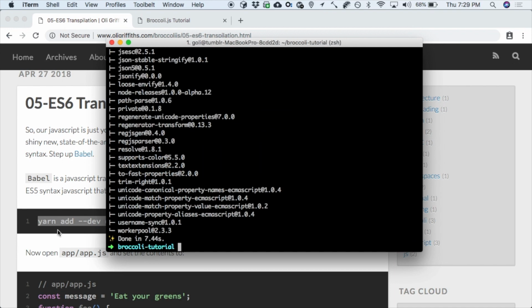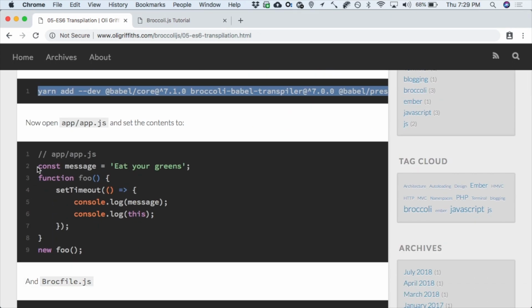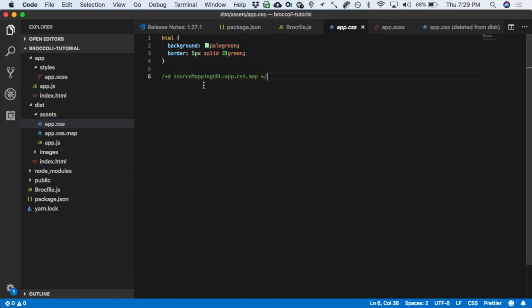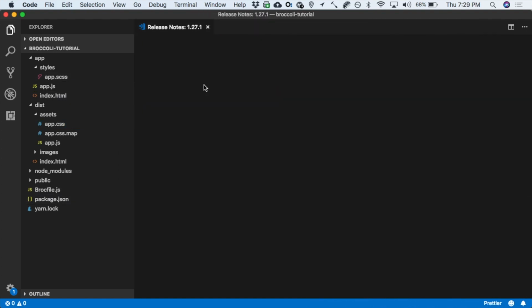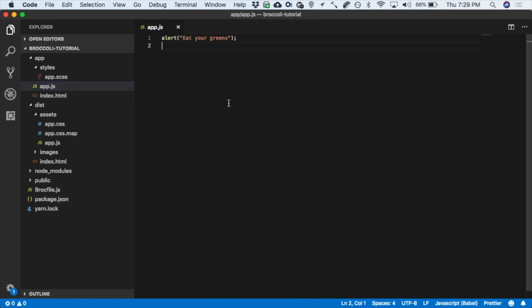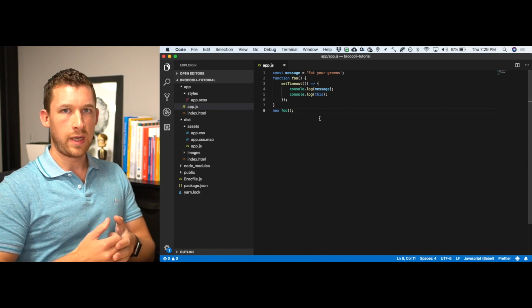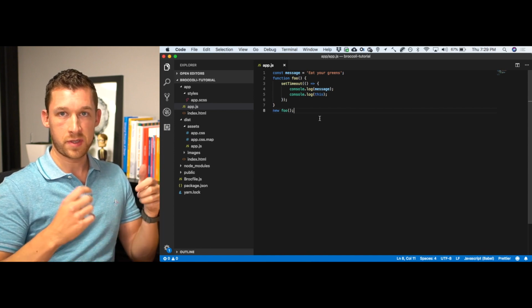Great, so Babel's now installed. Let's go ahead and update our JS file with something that wouldn't typically run in a browser. So let's close some of these files up. So here we're using some ES6 syntax. And what this will allow us to do is have Babel convert this to something that will run in the